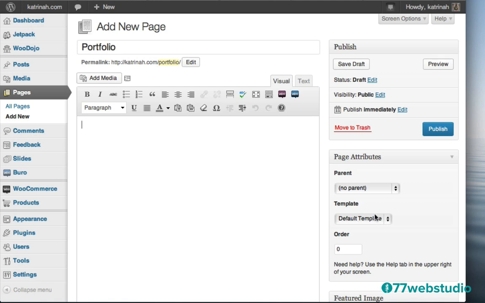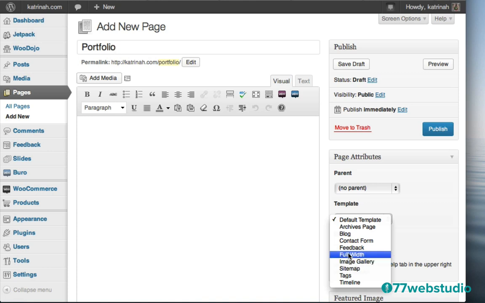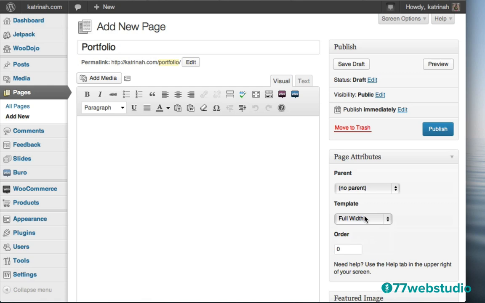Now before I do that though, on the template over here, I'm going to click on Default Template. And for this particular one, there is an image gallery template you can use here, but I actually prefer using the Jetpack carousel. So I'm not going to use this template, but I will use the full width one. So I'll click on full width. That way there will be no sidebar on the left or right hand side. It'll be just the portfolio with the images that show up. So I have full width set up right there.